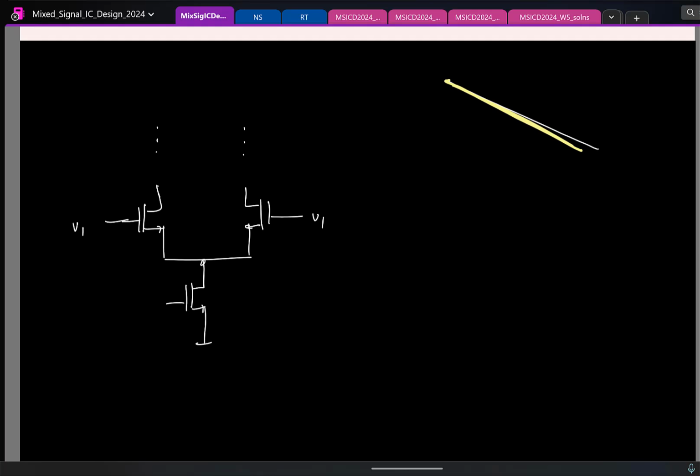Which means even if the inputs are equal, the currents in the two transistors will not be. So it can so happen one current is smaller than the other, which means one can drop faster than the other and you will have offset. Okay. The same will happen for the strong arm latch also. So one brute force way to reduce offset is to try to increase the size. This you can do for the strong arm latch also. So I will just mark it: to reduce offset,